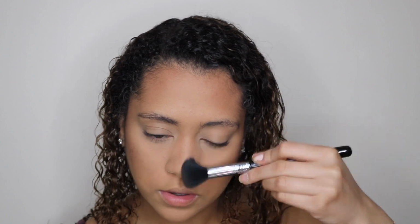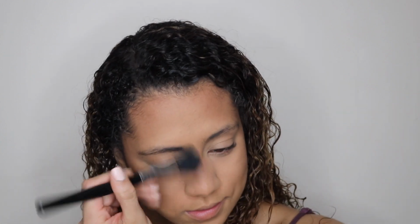Not done yet. I'm gonna use my little brush here, which is my Sigma small contour brush, and contour my big nose. I love bronzing my nose. It just brings in your whole makeup look. It doesn't even make my nose really look smaller. It just makes me look like...